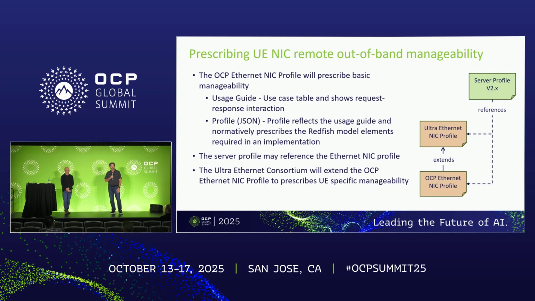So prescribing the UE NIC remote out-of-band manageability. Well, the E stands for Ethernet, right? So we've already got an Ethernet profile going through the approval process here in OCP. And so there's a part in the profile where you can base a profile on another profile. And so the root profile, if you will, is the OCP Ethernet NIC profile. It uses the